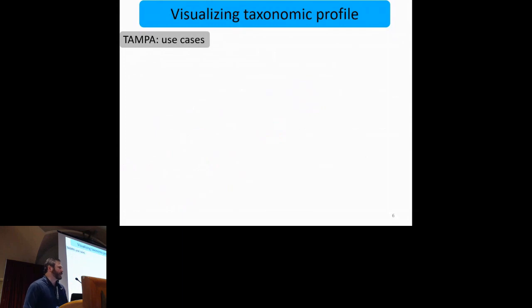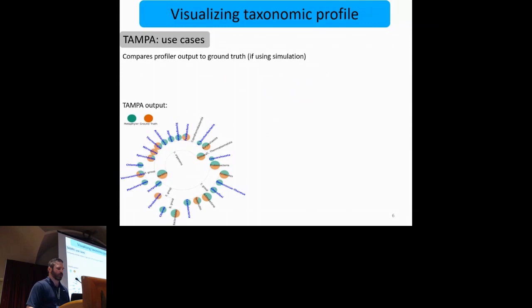So what are a few different use cases for TAMPA? One is that you can compare the output of your tool, like if you're a tool developer, or if you want to see how good a tool is on some simulated data set, to the ground truth. So an example would be like this. We have Metafiler again being compared to the ground truth. And this can really help us then dig down to what the actual biological differences are in the benchmarking platforms